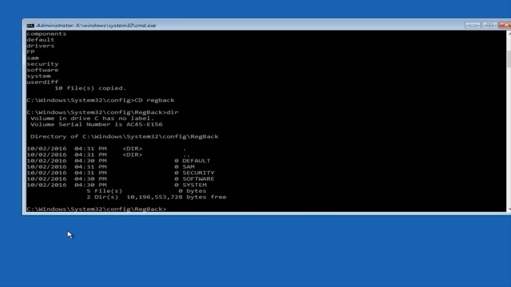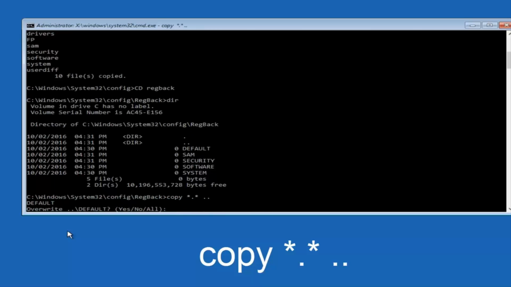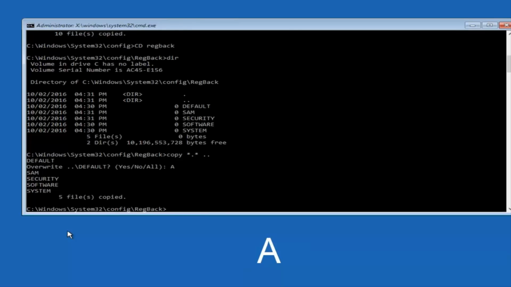Instead, you're going to type in copy space star dot star, another space, and then 2 dots back to back, and then hit enter on your keyboard. When it says overwrite, type the letter A on your keyboard and then hit enter. And then at this point you can type exit,